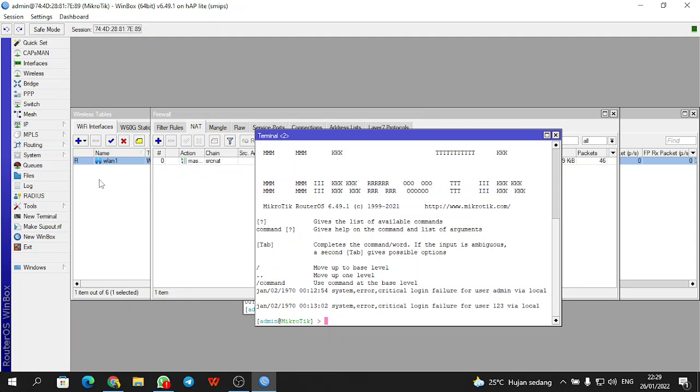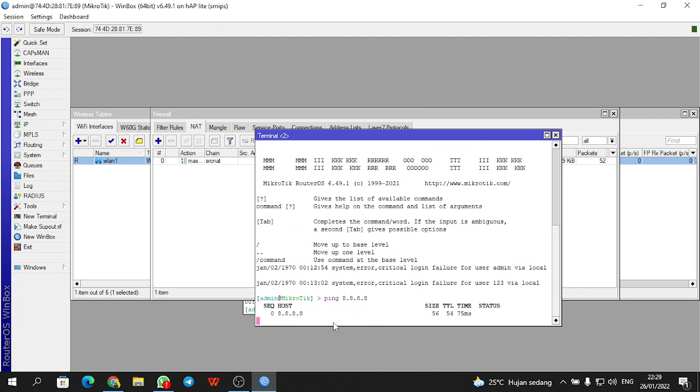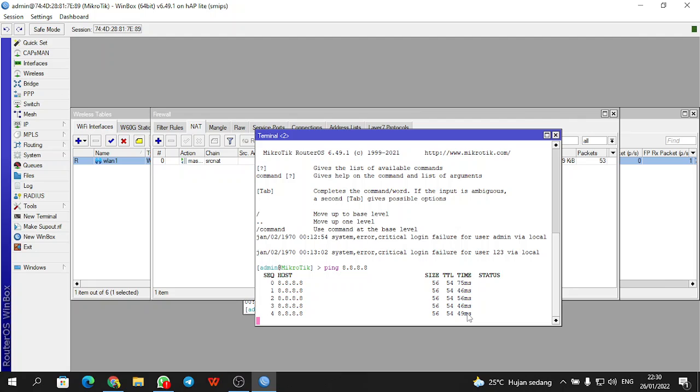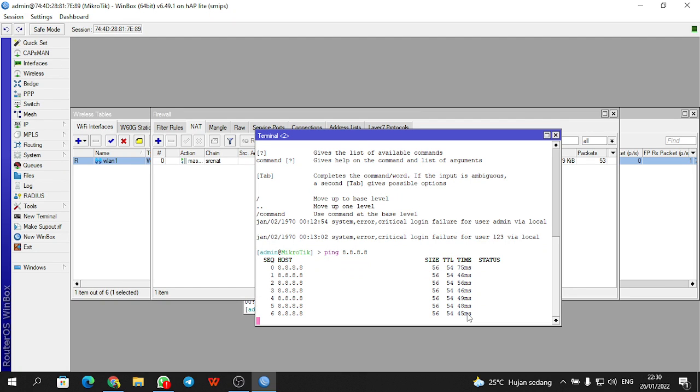Okay, we select new terminal and add the Google IP. For example, ping 8.8.8.8. Okay, we can see this running on the internet.